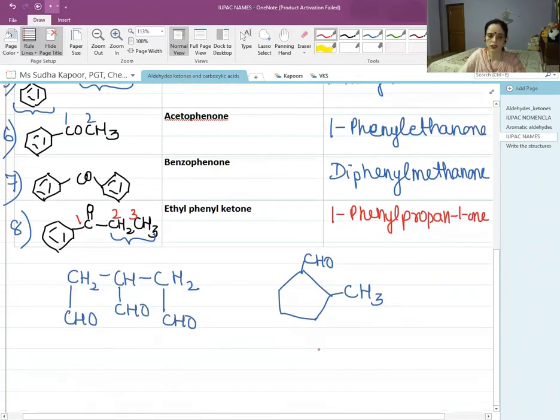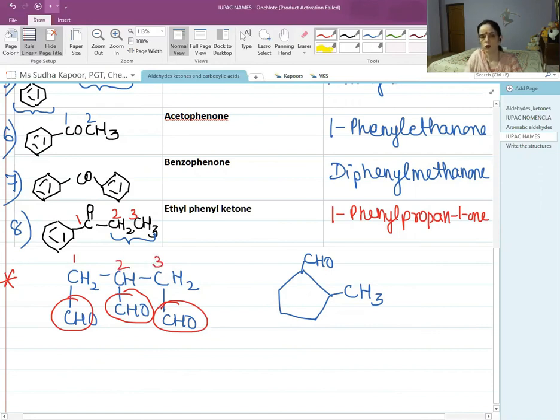Now there are certain things which are very important while we are studying the nomenclature part. In this case, the CHO is present on all three carbons of the propane. If we use the longest chain rule, this CHO will become a branch. If we count 1, 2, 3, 4, and 5, a long chain of 5, the same CHO which is part of the chain becomes the branch. So according to the IUPAC system, in that case we are not going to give it the name 'al'. We are going to consider all three as carbaldehyde.